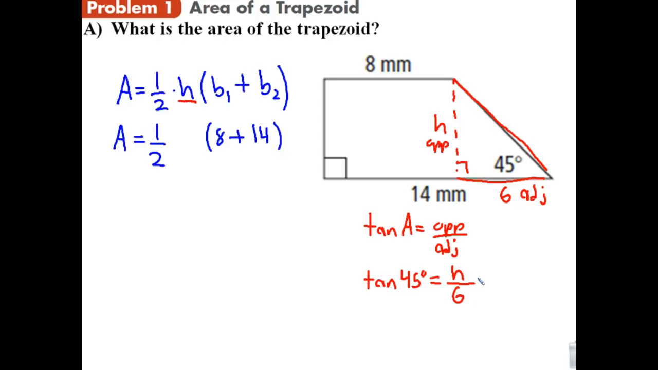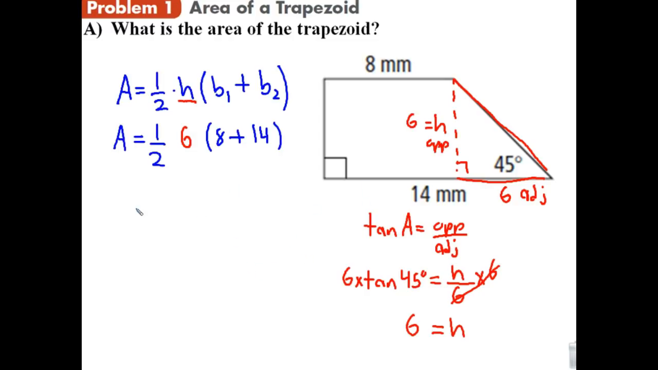And then to solve that equation, I'm going to multiply both sides of it by 6 to cancel out my fraction. So we end up with h is equal to 6 times tan 45. Plug that into the calculator, and we end up with a 6 once again. So using some trigonometry to solve for a missing part, and really that's going to be the hard part of this problem. From there I can plug the 6 into my equation,